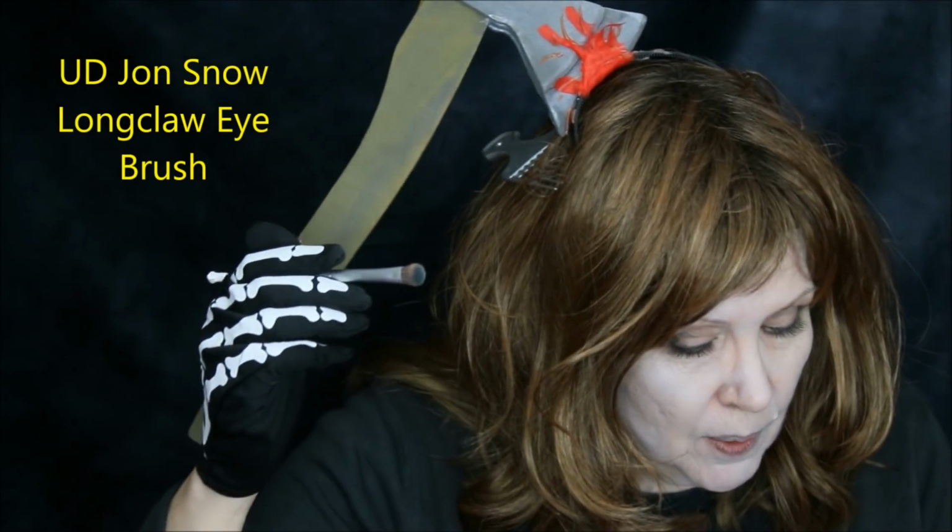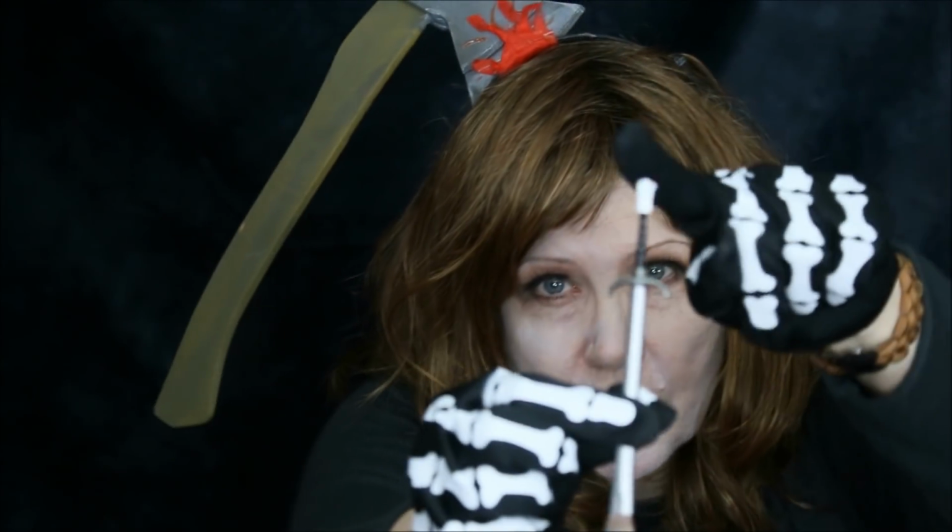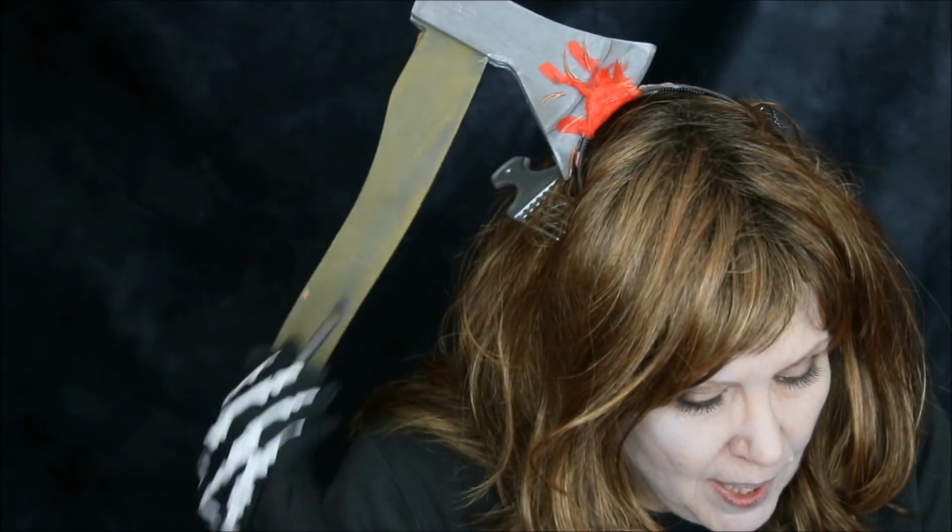Okay. So, there is the Jon Snow Longclaw sword. If it touches any of the White Walkers, of course, it destroys them. It's a real drag. Comes in nice packaging. Good luck finding this because it is a limited edition. There's a little wolf's head on the top that has red eyes. Wicked cool. I'm going to use that first of all,